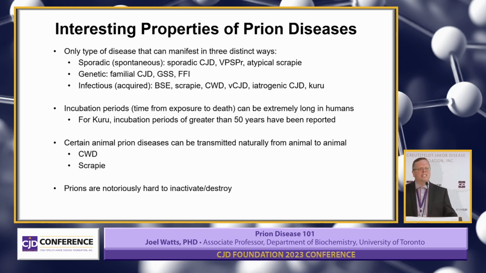But there are prion diseases that are naturally infectious, so they can spread horizontally from one animal to another, and that's CWD and scrapie, and we still don't know exactly why and how these diseases can spread from animal to animal. And lastly, prions are unlike viruses and bacteria in that they're very hard to destroy. So a lot of the common techniques that you would use to sterilize bacteria and viruses in a medical environment don't work so well with prions. And this is why sometimes you get these errors in medicine that lead to iatrogenic transmission of prion disease.